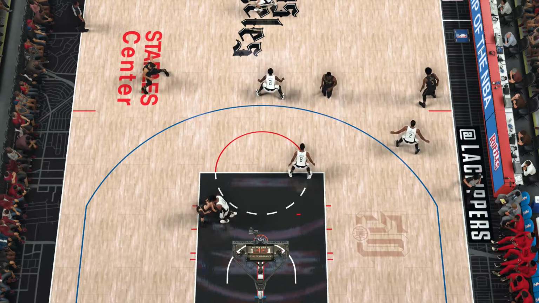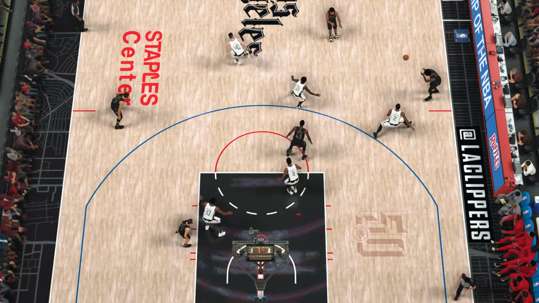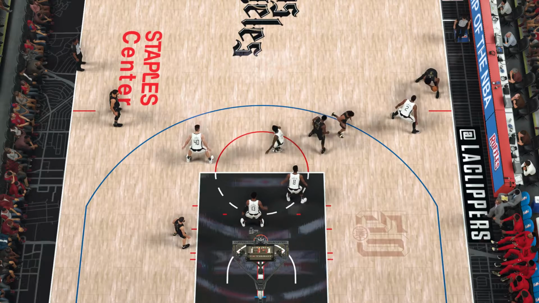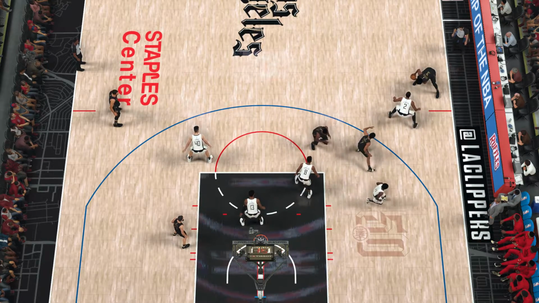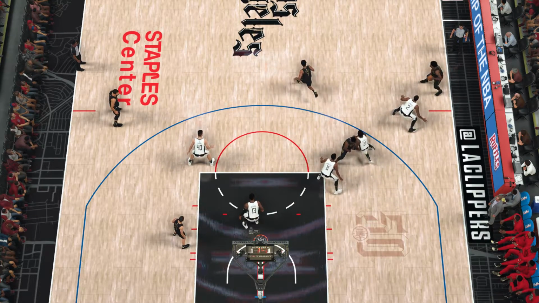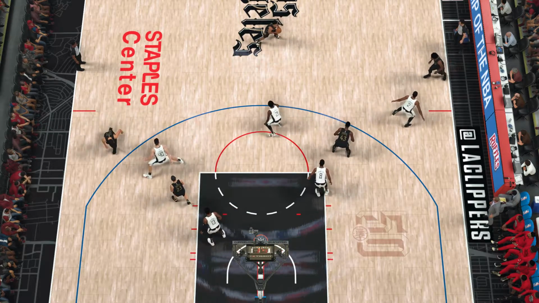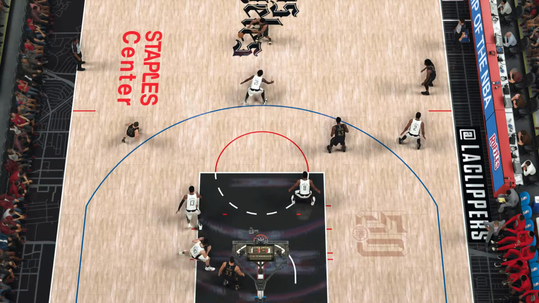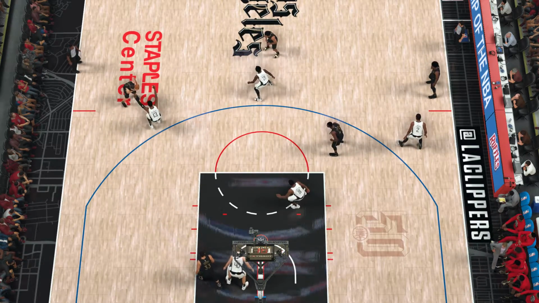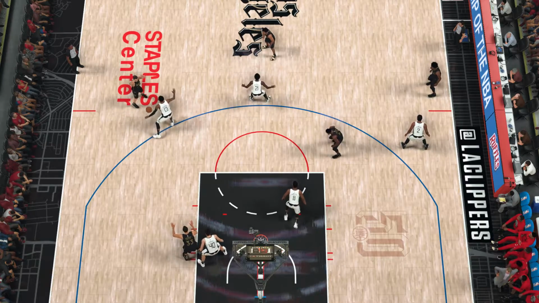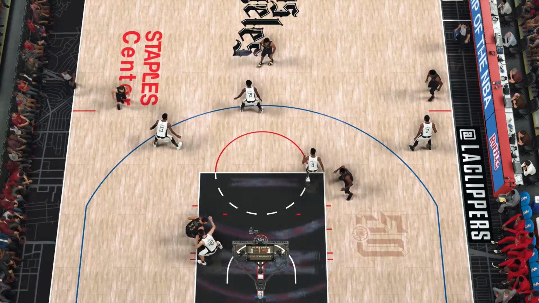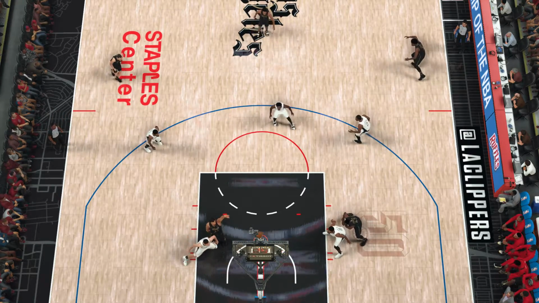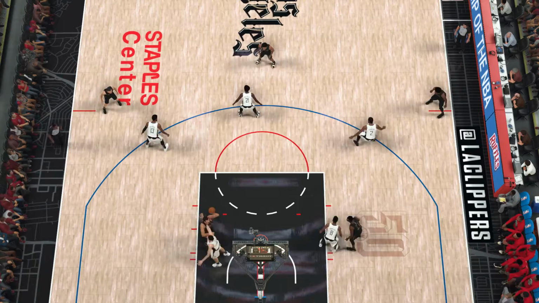See Pat Beverly up there. He kind of sliding a little bit, but he's keeping his position. Defense, I don't know if we can totally clean it up, but the improvement is definitely there on offense. See Gasol gets the ball. He's going to go put it up. He misses it, but